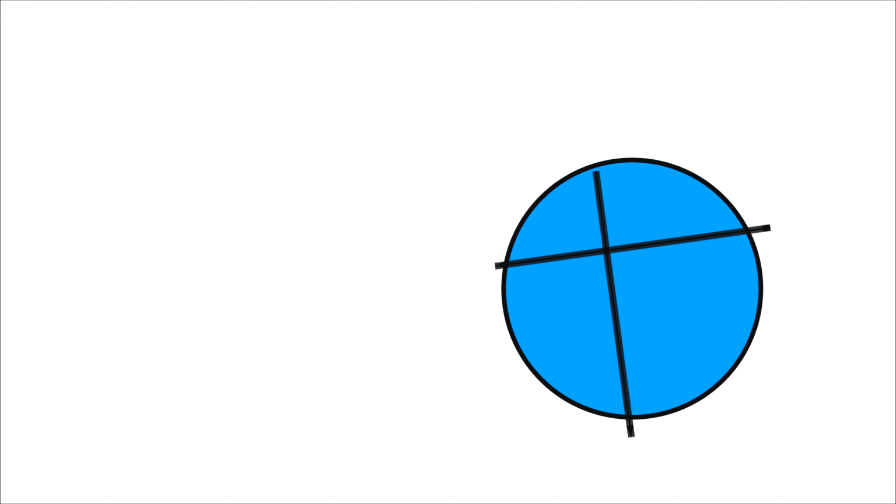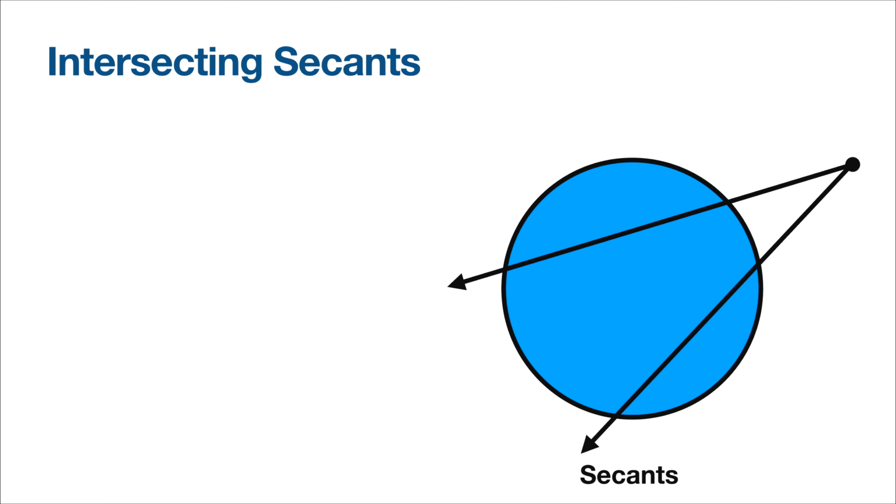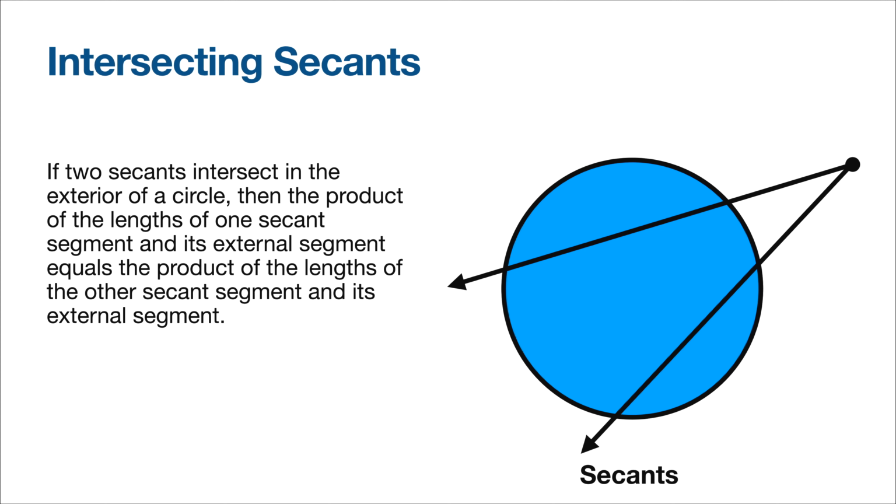So let's try another one. Intersecting secants. So now we have two secants and they intersect, but notice that they have to intersect for this to work outside of the circle, or else they're not intersecting secants, they're intersecting chords. There's no rule about the outsides there. So if two secants intersect in the exterior or outside of a circle, then the product of the lengths of one secant segment and its external segment is equal to the product of the lengths of the other secant segment